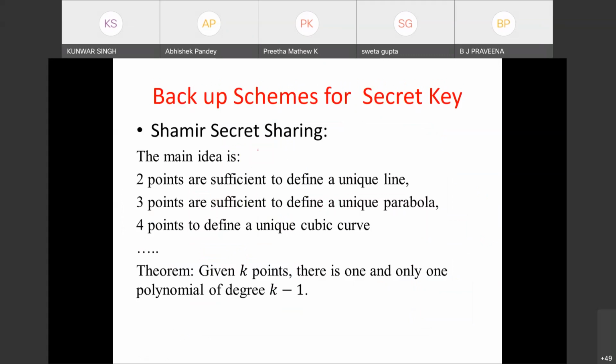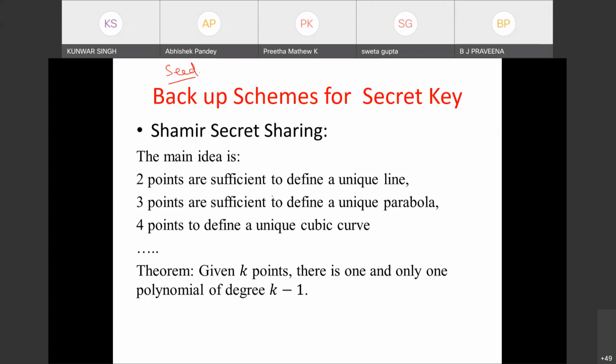So we need some backup for that key. Okay, so base key, master key, seed, the 12 to 24 words. For that we need the backup. One of the backup schemes is Shamir secret sharing scheme. We'll see this part, and this is directly used in the Bitcoin wallet. Okay, we'll see that. Now, what is Shamir secret sharing?